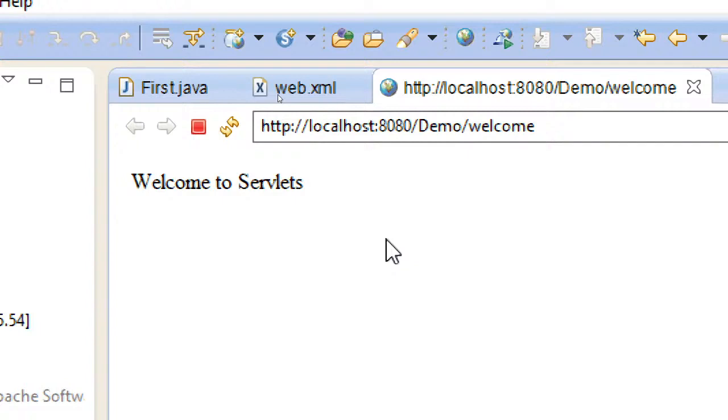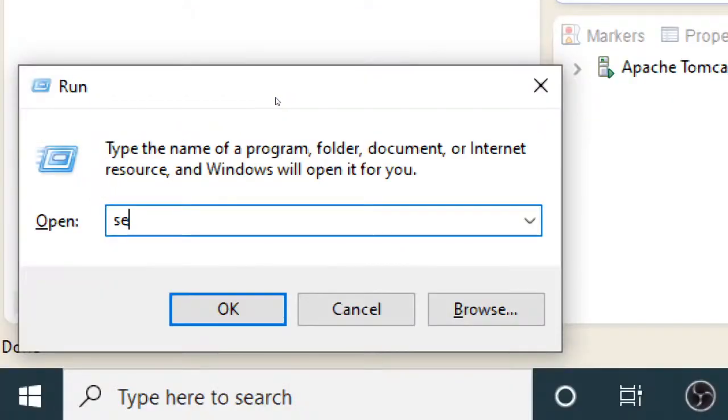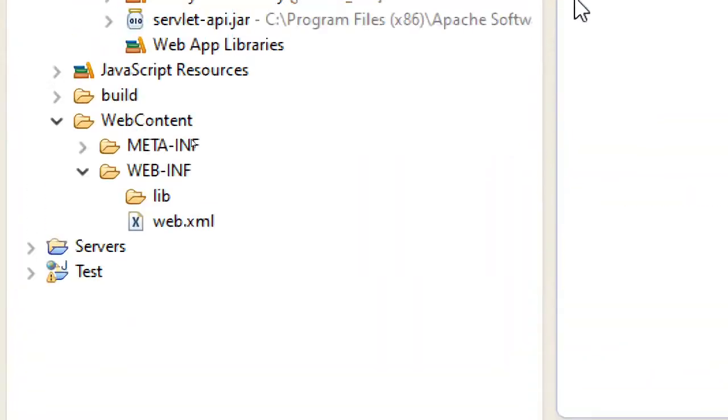Only in that case, you need to open Windows R and give services.msc, and then you should get the services window opened.